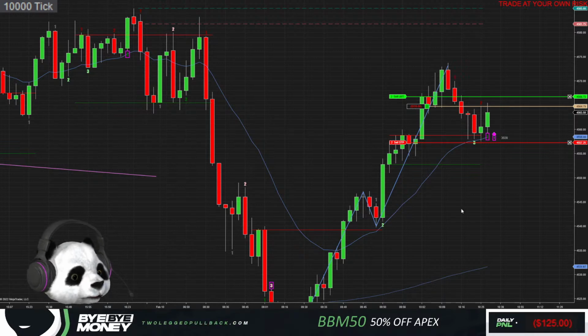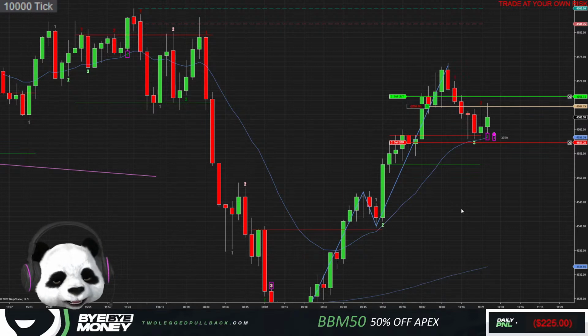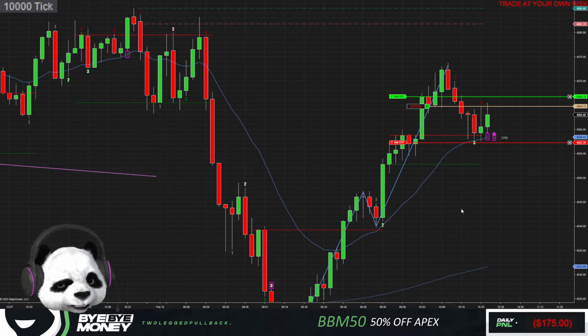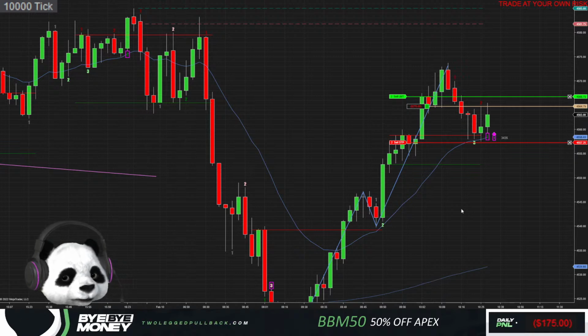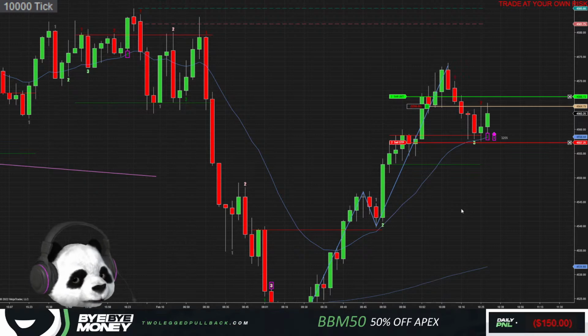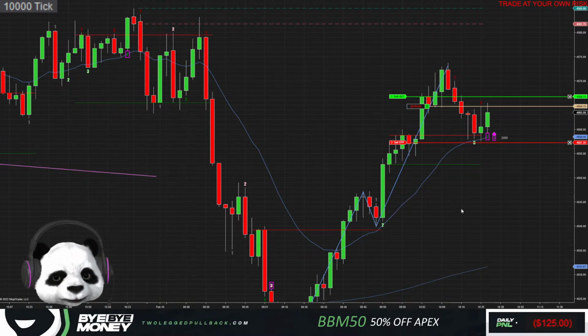Second entry long. Pikachu trade on the 10K chart. First two-legged pullback off the 20 MA on the 10K. We could get wrecked here. I'm looking for 2 points though off this Pikachu. Now would I reverse my trade? Nah, I'll just get hit. Fine either way in the outcome.